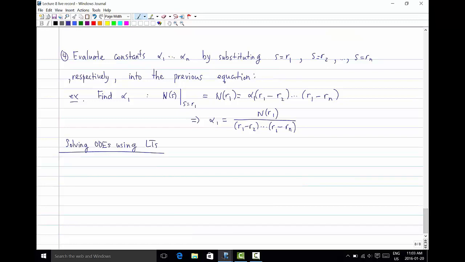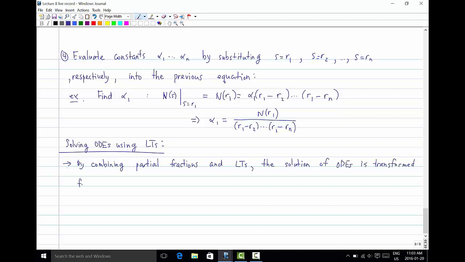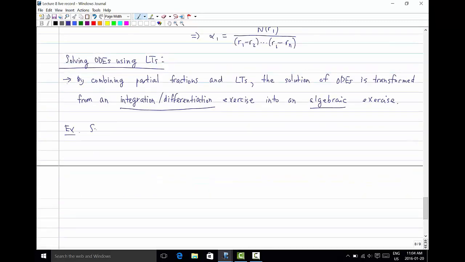In order to realize why partial fractions are important, let's look at an example of a solution of a third-order differential equation. By using partial fractions and Laplace transforms, we can transform the solution from a differentiation or integration exercise into a purely algebraic exercise. And algebra is very easy and simple to manipulate. If we are to solve the following equation, which is the third derivative of y all the way through the first derivative of y, plus 6y equals 1,